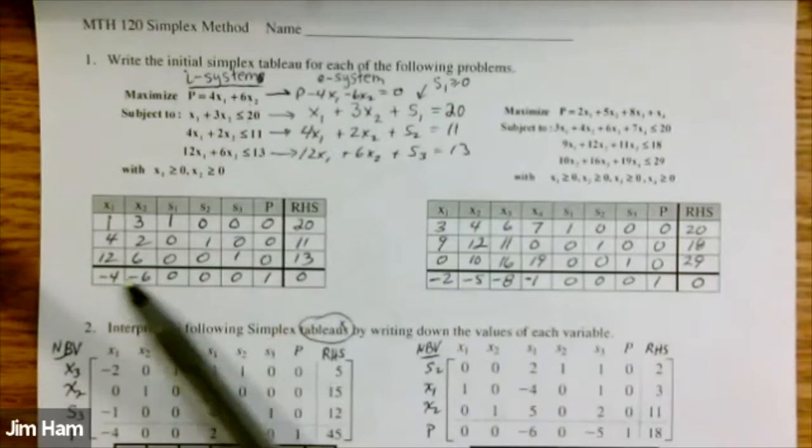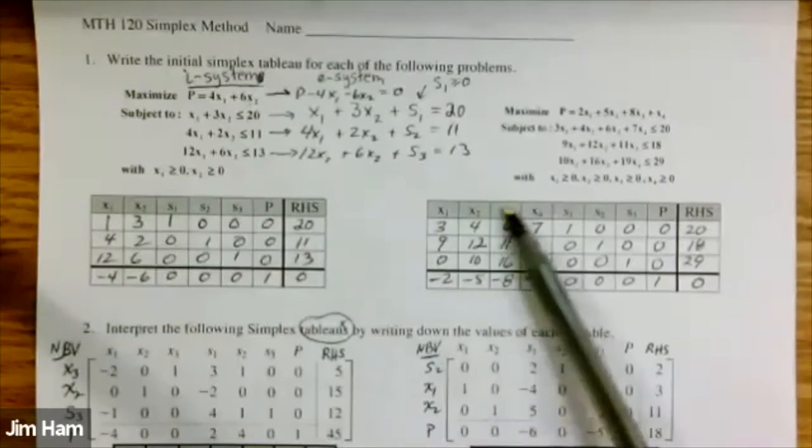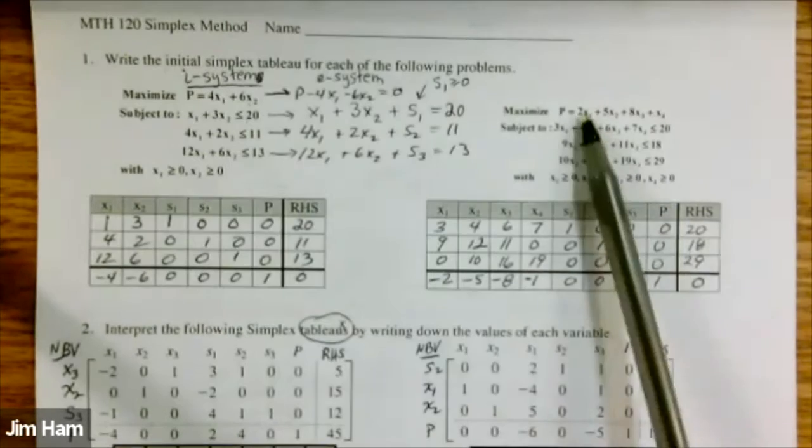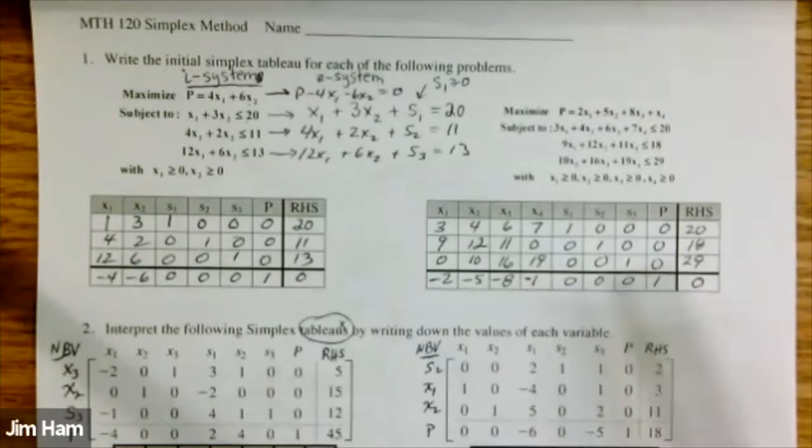is going to have 0 for the right-hand side. And then you're going to have negatives here underneath the x's, all negatives usually, especially for the maximum problems where they're required to be positive coefficients generally on these, particularly these. So these are going to be negatives. For the tableaus,